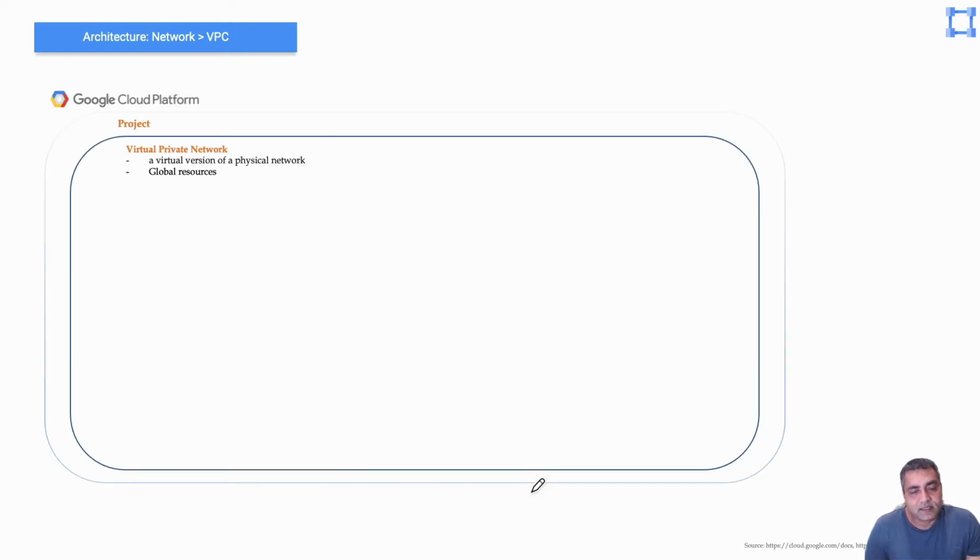Now with that, let's try to get into the core concepts of Google networking. Projects, which are a trust boundary of a scope, can contain multiple VPC networks. What is a VPC network? It's a virtual version of a physical network. It's implemented inside of Google's production network